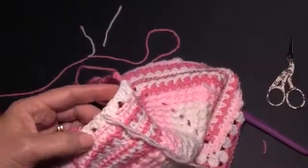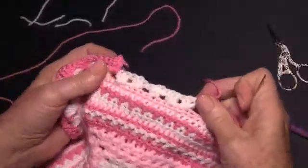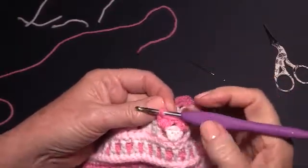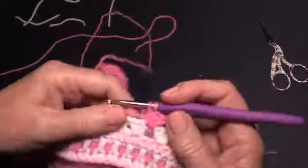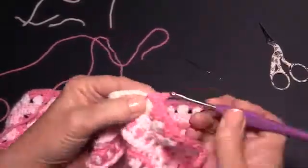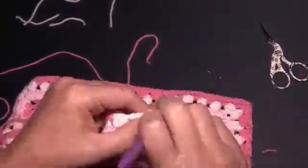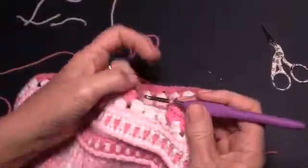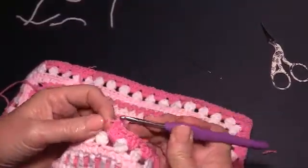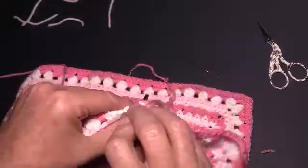I'm going to do these two as well, so I'm just going to do that off camera. I'll come back and show you the next. Right, I'm now looking at the back. I've secured all of those ends, and if we now turn the work so that the right side is facing, we can now come back here, and you can work with the yarn that you had left from your unraveling until you need to join in another piece. I'm going to join in some more of the pink here. Because we've cut out, we have lost some of it. And then we're going to continue